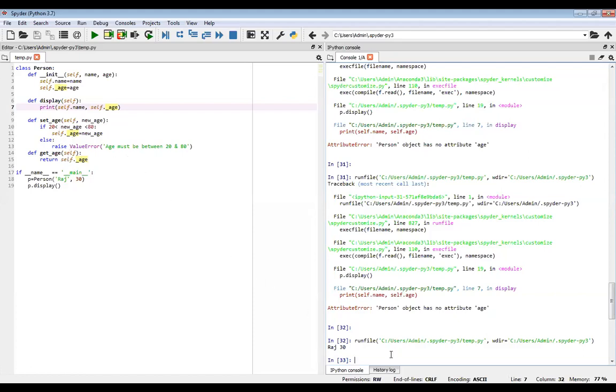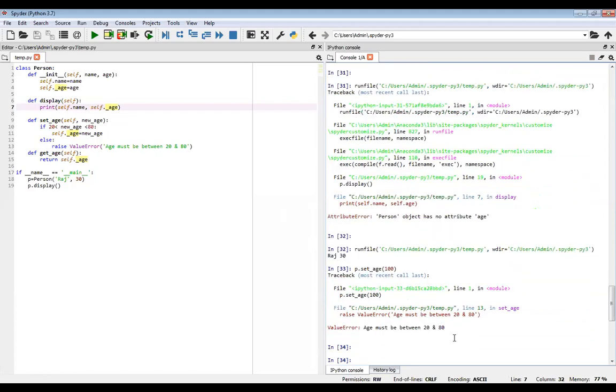So I want to set an age of 100, for example. P dot set age, and I am giving 100 here. By using this instance we are calling the method set age and we are passing 100. So obviously, what will be the output?